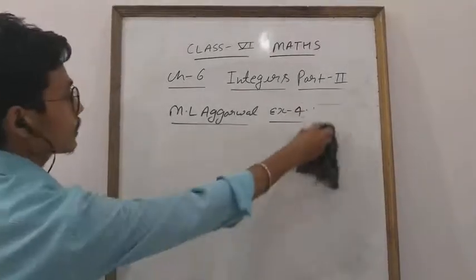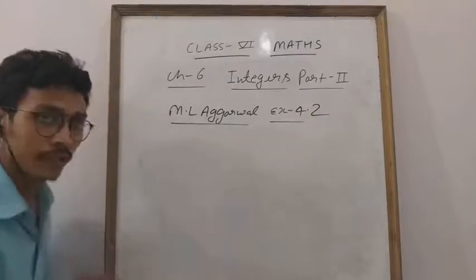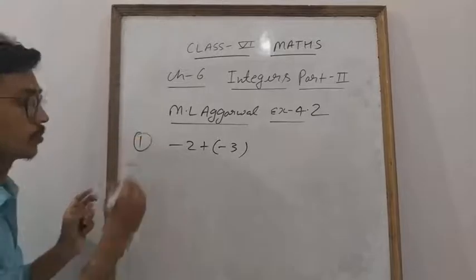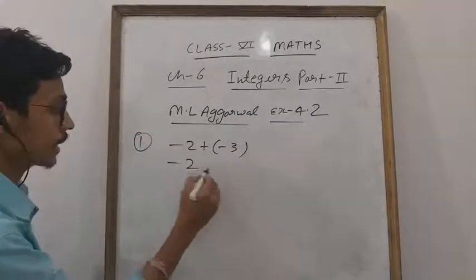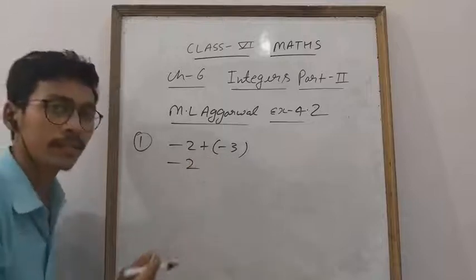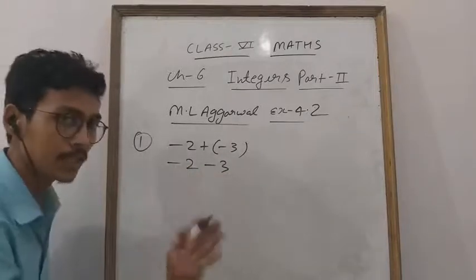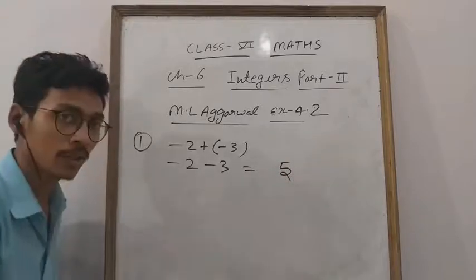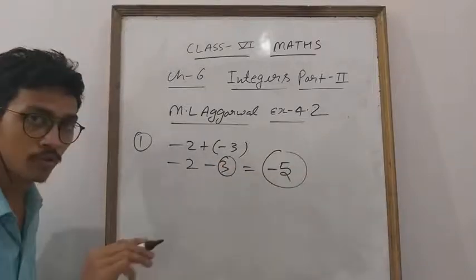Exercise 4.2 is given. The same question is given. Evaluate. Evaluate means -2 plus -3 is given. Let us assume, so you have to evaluate. How will you do it, student? Same. -2 you will write down first. Plus minus. You know that minus sign you will write down. Minus plus, you know that. Plus you will do plus, and which sign will you use? The number which one is greater. Which one is greater? 3. So minus sign. Only this type of question is given.